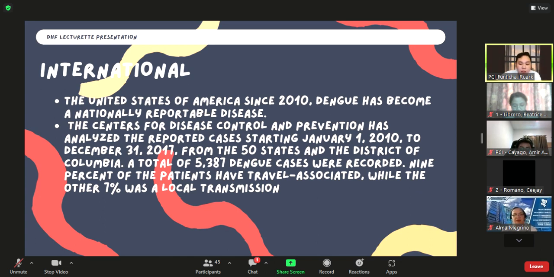The Centers for Disease Control and Prevention analyzed the reported cases from January 1, 2010 to December 31, 2017. Among the 50 states and the District of Columbia, a total of 5,387 dengue cases were recorded. 9% of those patients were travel associated, while the other 7% were local transmission. The data demonstrated the ongoing risk for local DENV transmission in Aedes